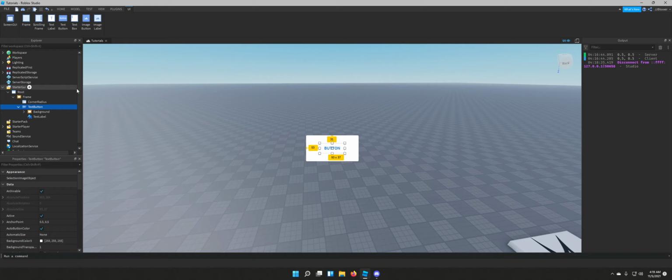You can do this by putting the script inside of the text button or the button that you're going to be using. You could put a script somewhere else and loop through all the buttons that you want to put the ripple effect on and apply it to all of them. You can apply it to your framework, just whatever you want to do. But in this video, for the sake of demonstration and the tutorial, I'm going to be using a button that I've pre-made here, and I will be